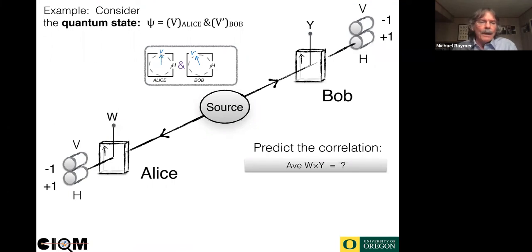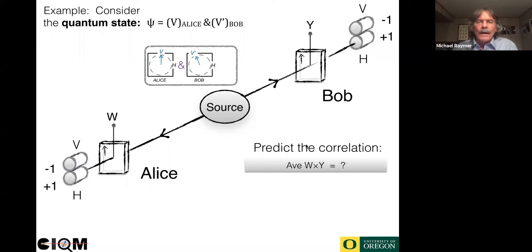So if Alice and Bob both use calcites in the HV scheme, then Alice measures just one variable called W. And it would be -1 if this detector clicks, and +1 if this detector clicks. And Bob just uses one scheme. This is like the first phase of an experiment, right? They both use the same scheme. And Bob calls his observed variable Y, which can be ±1.